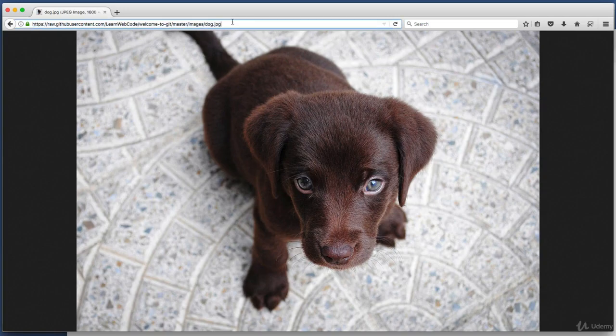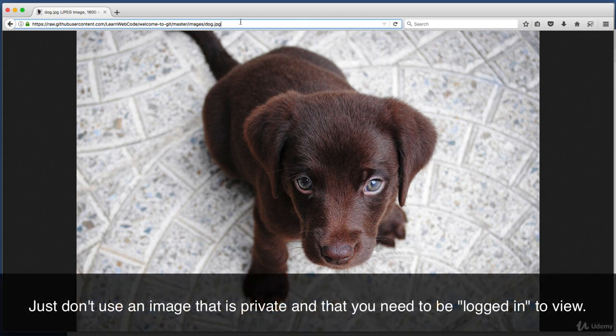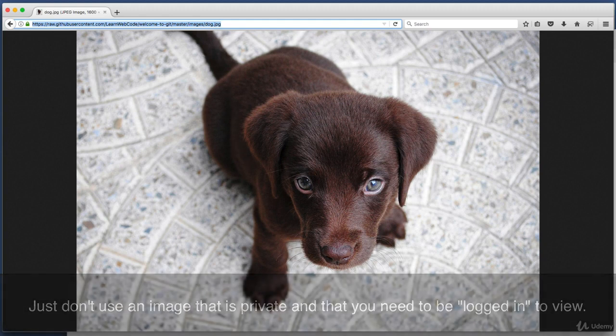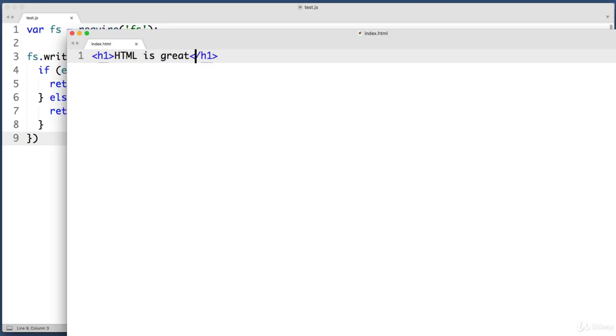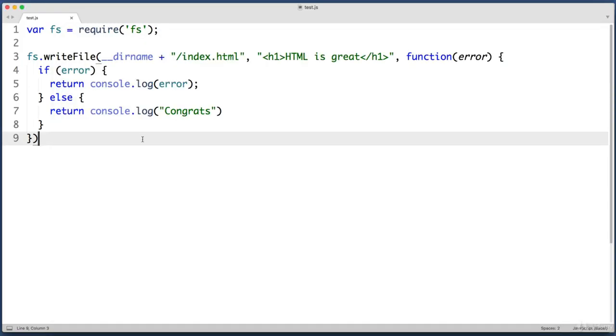Now you do not need to use this exact photo of dog. Any image URL on the internet will work just fine. So go ahead and copy an image URL into your clipboard. And let's say that our goal is to use Node to programmatically save this file to live within our folder. So back in our code, back in our test.js file, in order to send out a request onto the internet,